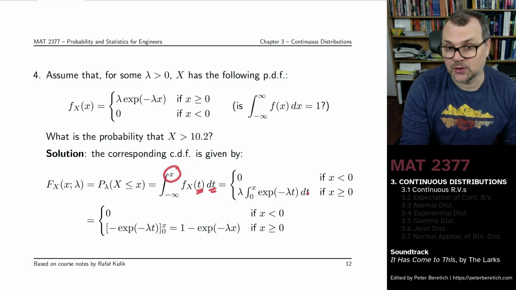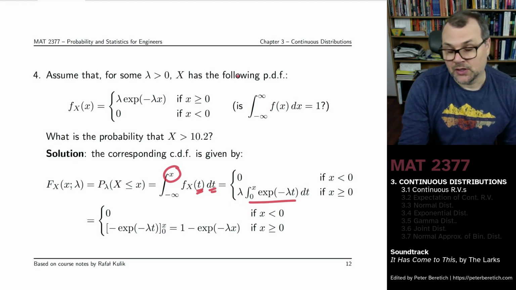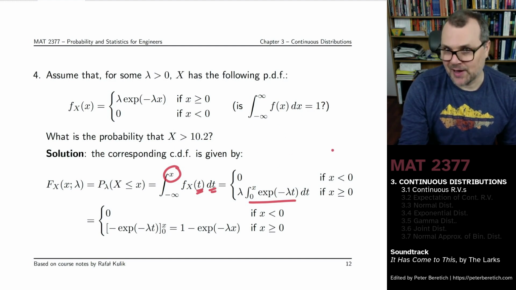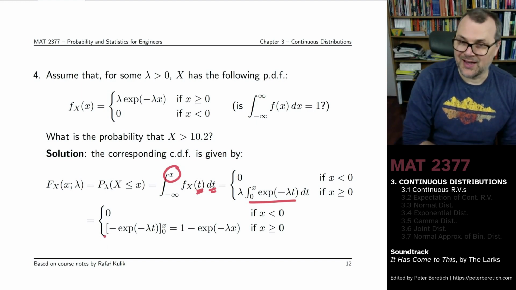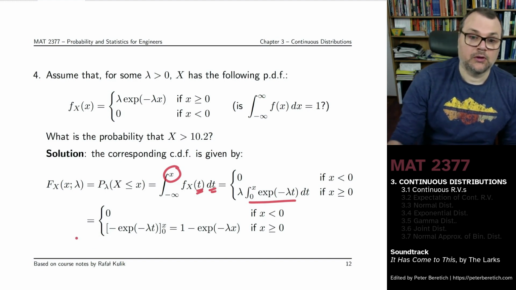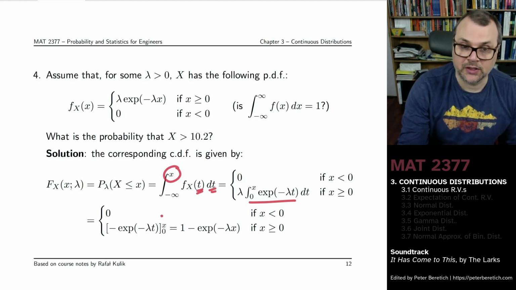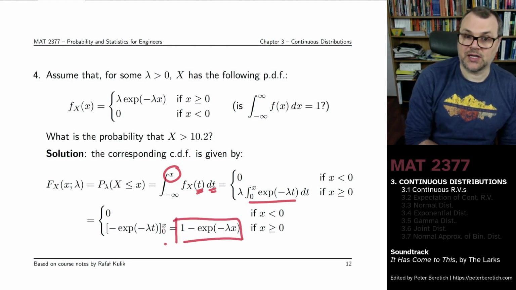Lambda is a constant with respect to t, so we can take it out, and then you end up having to integrate an exponential with respect to t. It's quite easy to do. In fact, you get the exponential of minus lambda t divided by minus lambda. That's the antiderivative, and then you multiply by lambda, so the lambdas cancel out, and you're only left with a minus here. Again, if you're not sure, work it out. This is something you need to know how to do. You integrate, you evaluate at the two bounds, first at x, then subtract the value at 0, and you'll get this expression. So this actually measures